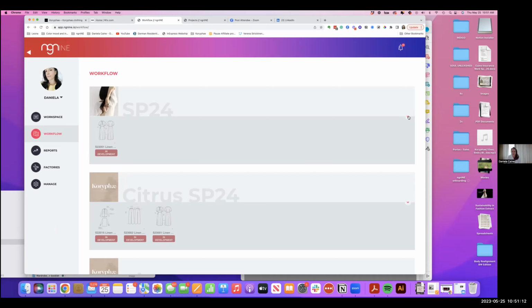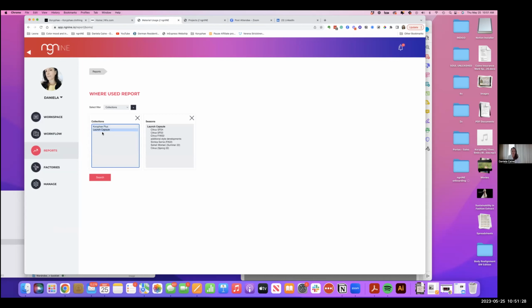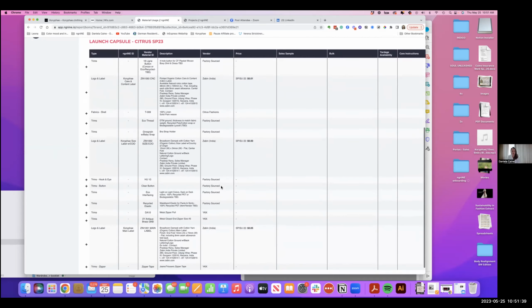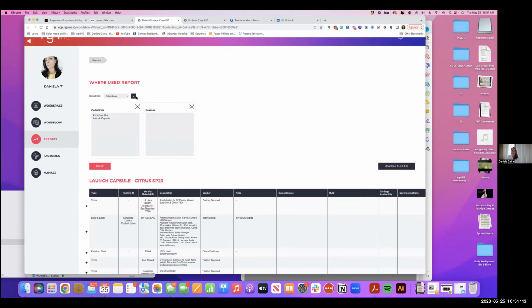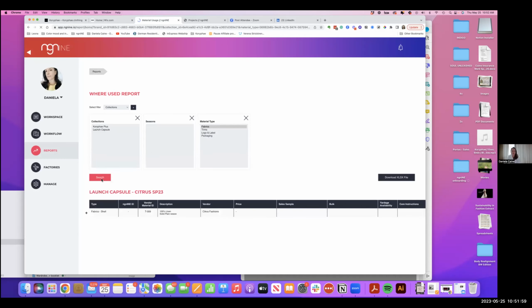That is one thing. You can also get more information here. There are some reporting features. If you work with a lot of products, and you just want to see, okay, in spring 2023, what are the fabrics, what have I used, you can filter that. You can filter by material type, fabrics. That's really nice. Search for carryovers, if you want the same button from 3 seasons ago. Yes. And so you can then get a list of the base fabrics that you've used,